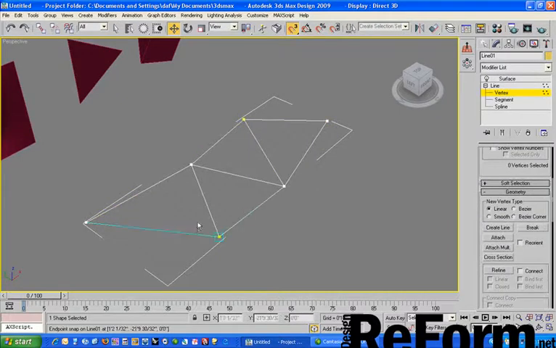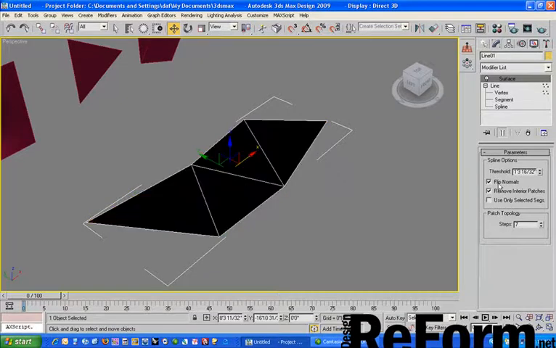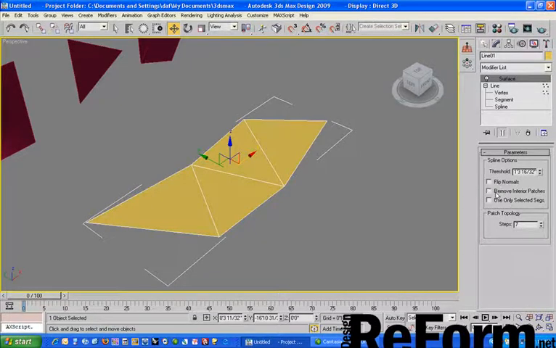So to illustrate this threshold parameter, I'm going to go ahead and separate these just a bit. So now that surface is gone. But if we increase our threshold, you can see it closes back up again. So what that threshold does is allows for gaps between vertices when they're not right on. So at times you'll extract the segments from a mesh and then want to surface them again, and they might not be right on, or maybe they got moved a little bit, so the threshold gives you a little bit of forgiveness there. Flip normals does just that,